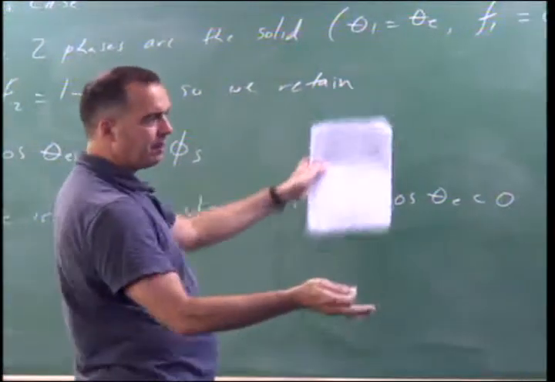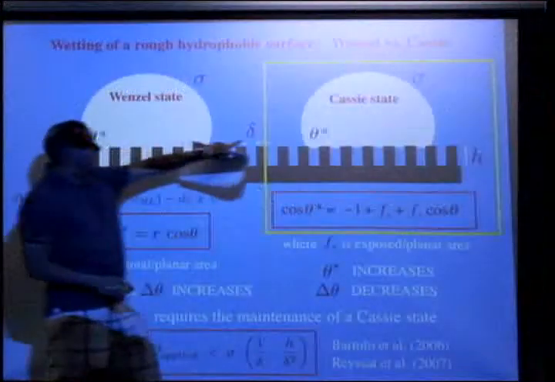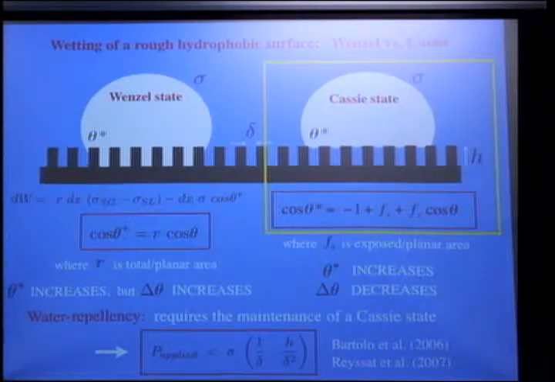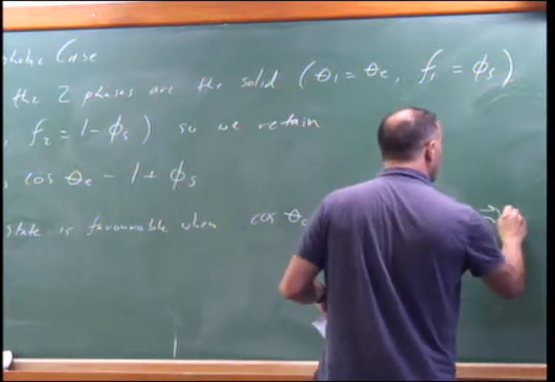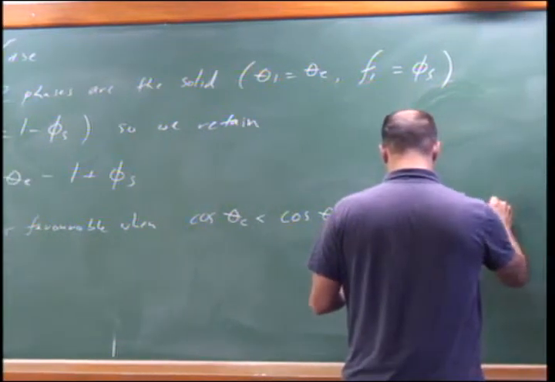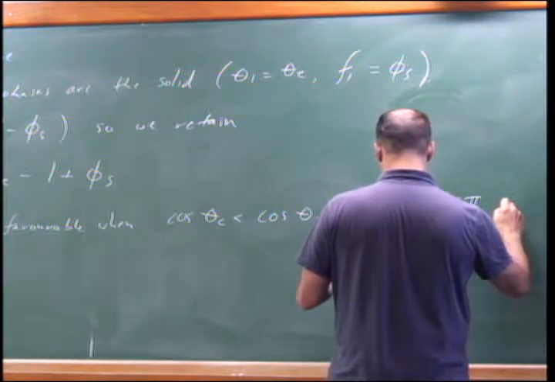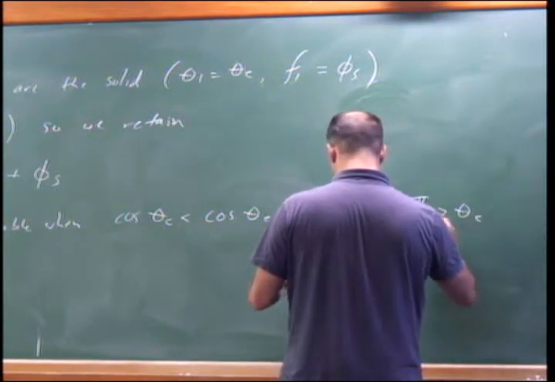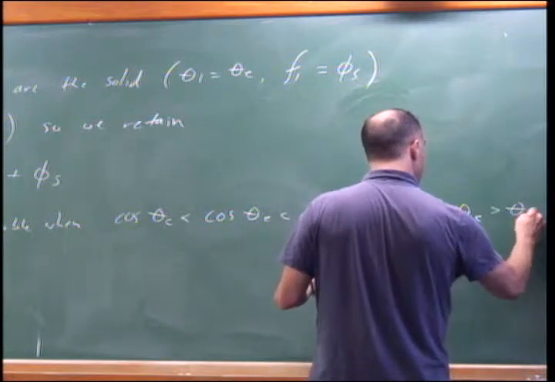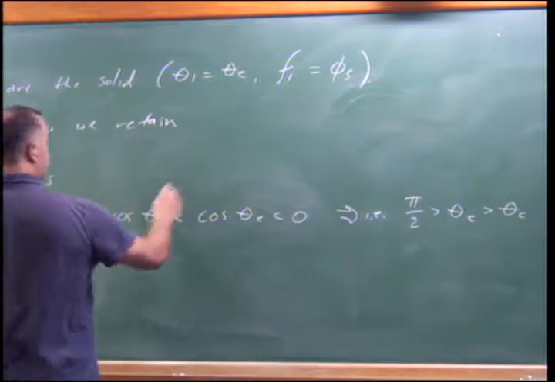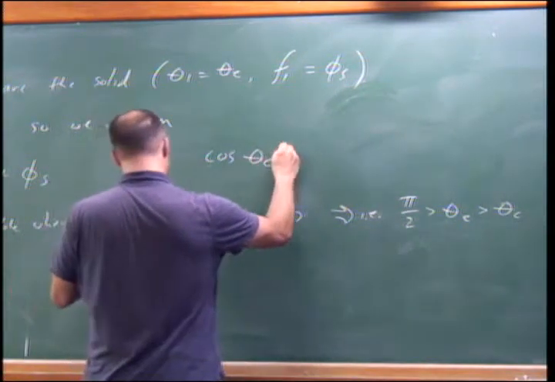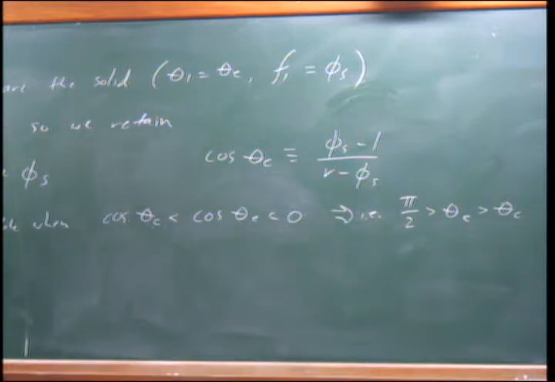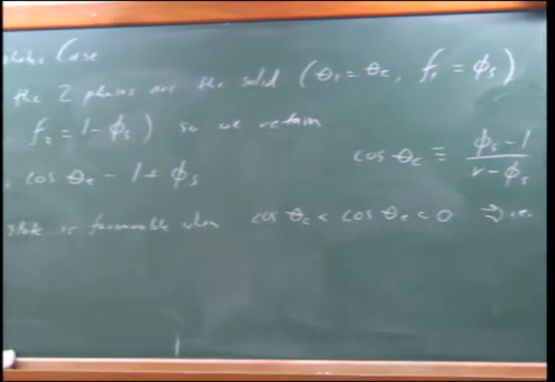So we're going to basically do a whole map of the dependence of this angle on the equilibrium contact angle as a function of the roughness. So in all of the possible cases, which is why we're doing things in all generality. Okay, and again, theta c. Okay, so we've seen this case already. Now if we look at the hydrophilic case,